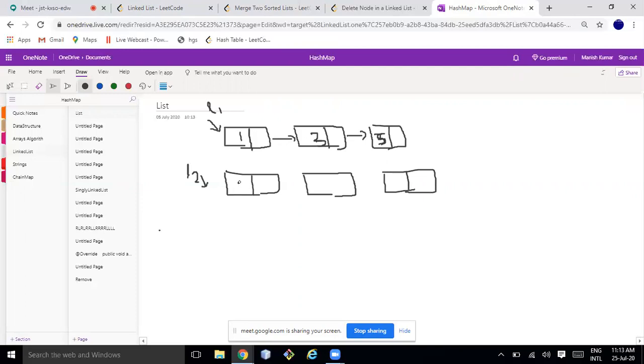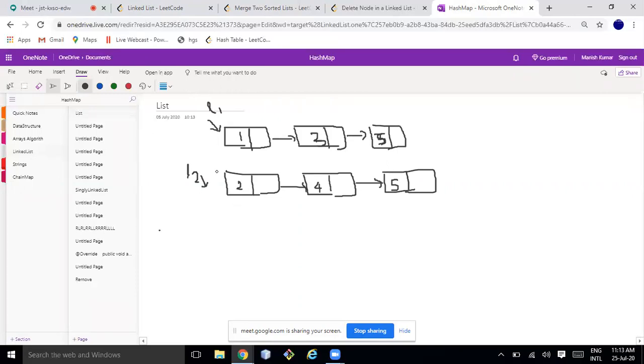And let's say here 2, 4, 5. But here you don't know whether L1 dot value is greater than or less than L2 dot value, or L2 dot value is less than L1, right? You don't know which my head should be pointing to, either L1 or L2, right?